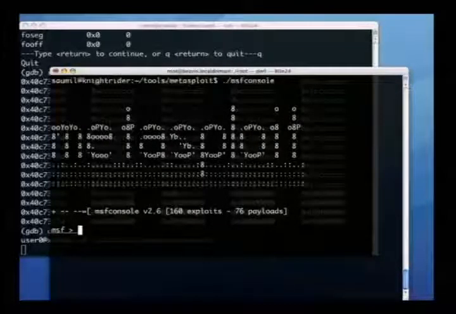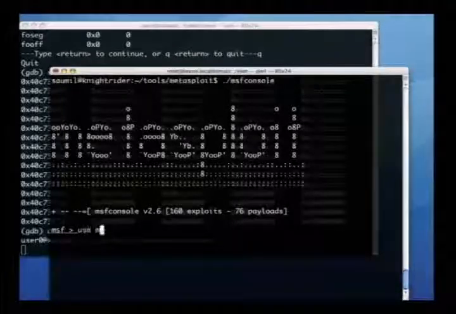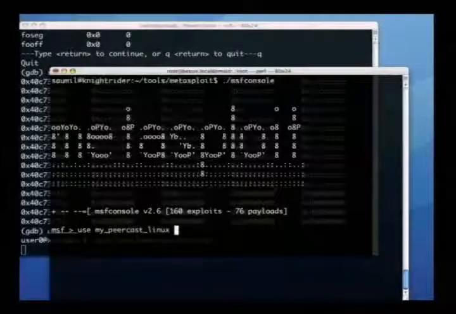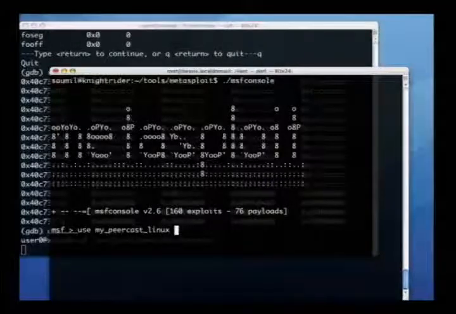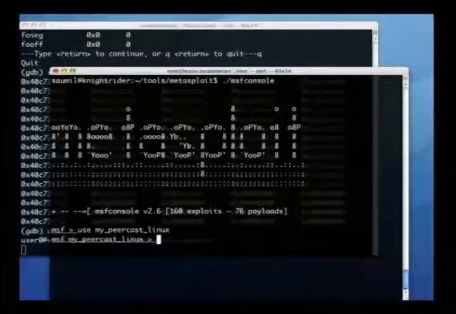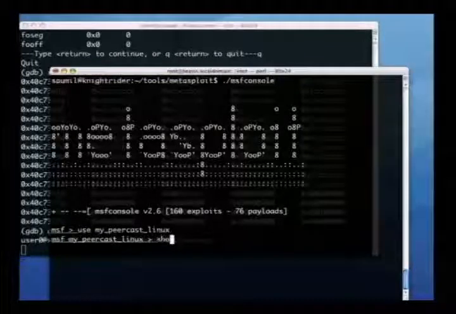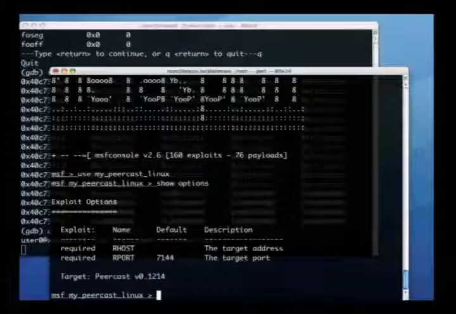To use this exploit, you just say use myPeercast Linux. You have to, of course, copy this Perl module into the Metasploit exploit directory, and say show options. So here it is.